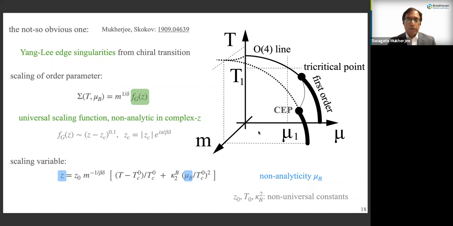On top of it, what we have added is another axis, which is just the light quark mass, the up and down quark masses. In QCD, in reality, the quark masses are small, but they are non-zero. So we are sitting somewhere here. This is our physical quark mass, let's say. In the limit when this up-down quark mass goes to 0, so this plane here,